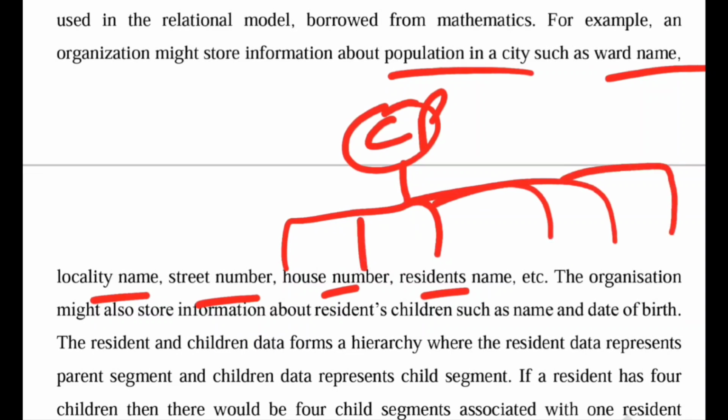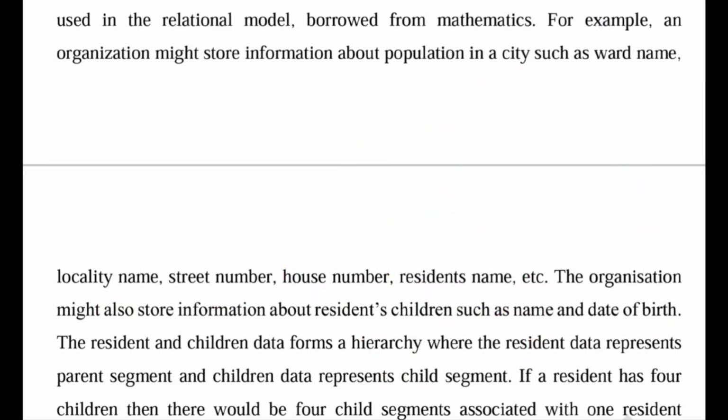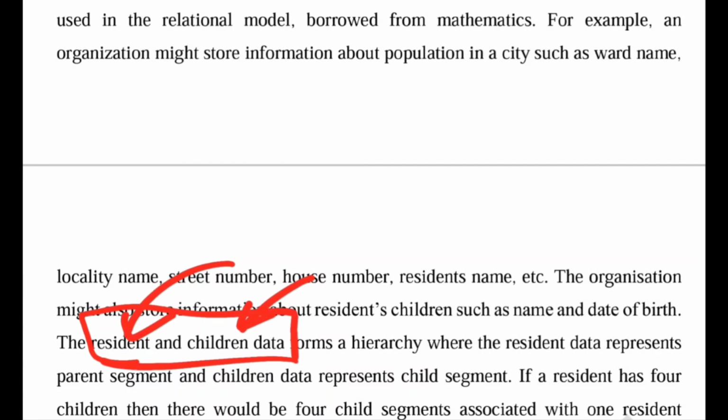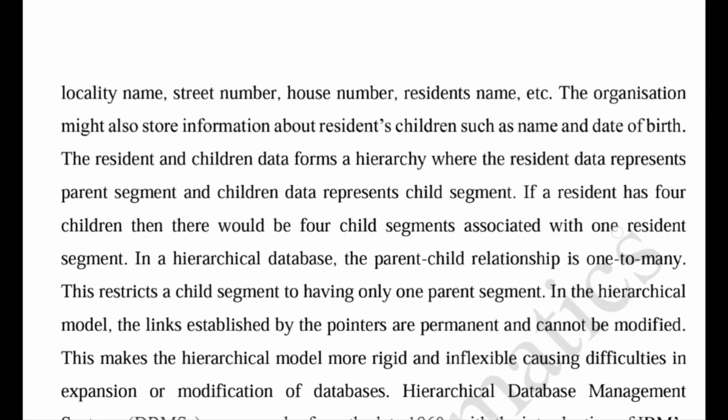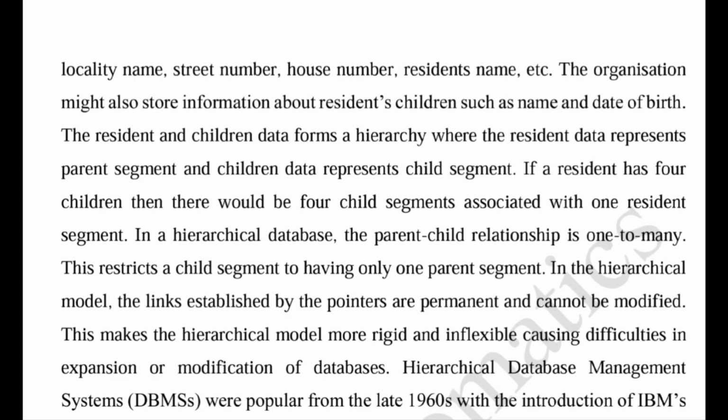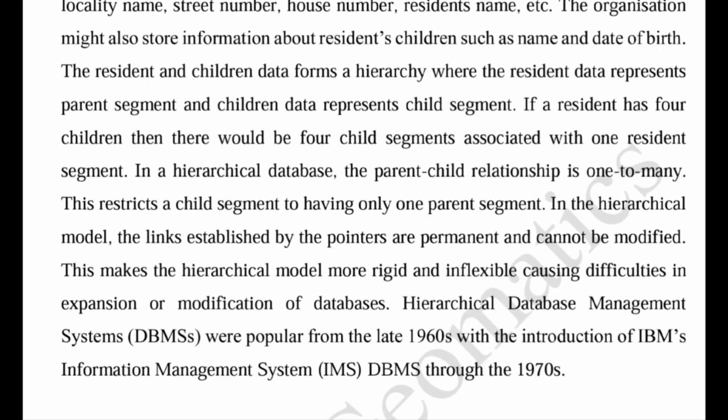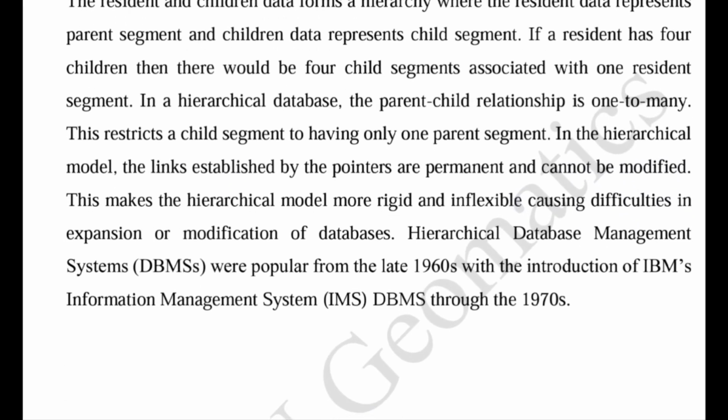After that, the residence name can be further classified about their children, and children have some other classification on the basis of name and date of birth. So it has many successive layers. In this case, residents and children data with their name and date of birth represent the parent-child relationship. Resident represents the parent and children data represent the child segment. So if a resident has 4 children, then there would be 4 child segments associated with one resident segment. In a hierarchical database, the parent-child relationship is one to many, as we have seen